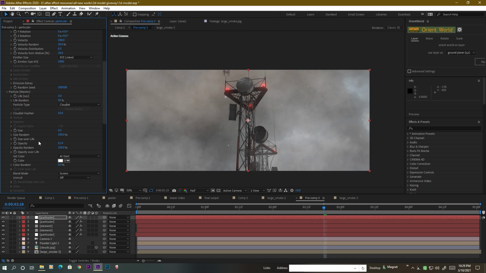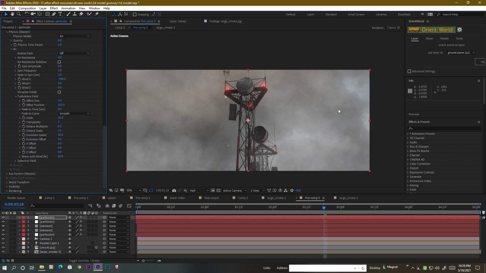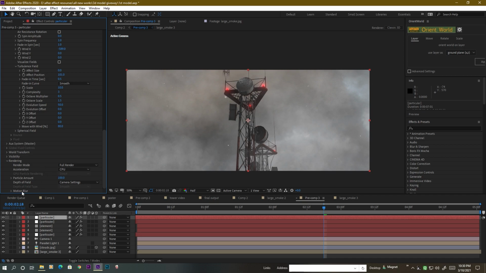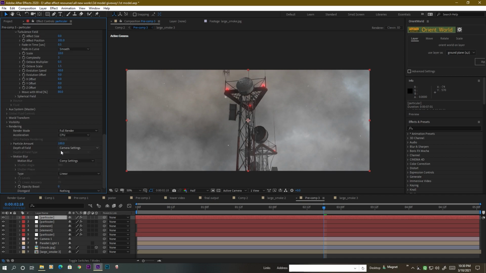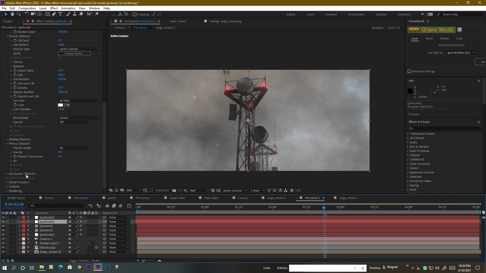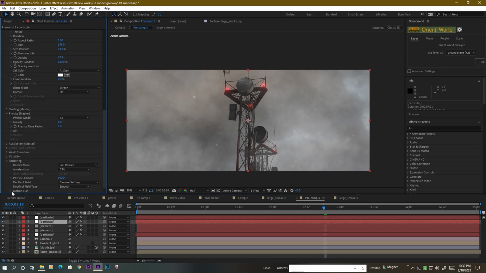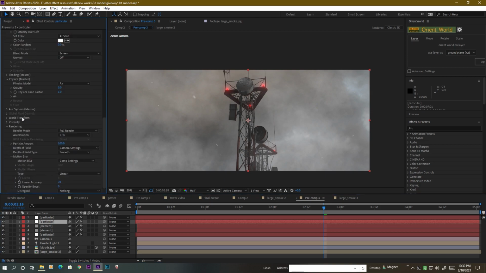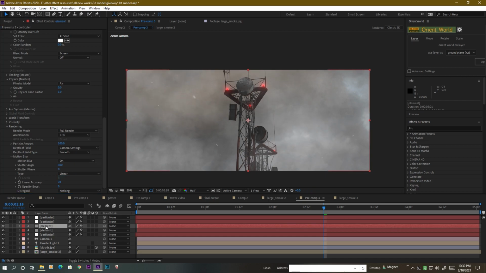And now we turn on the motion blur for every layer. First we enable the motion blur for the particulars. Go to the rendering, go to the motion blur and just enable it to on. Okay, and then we do the same for the rest of the layers. Go to the rendering, go to the motion blur and just turn it on, and go to the